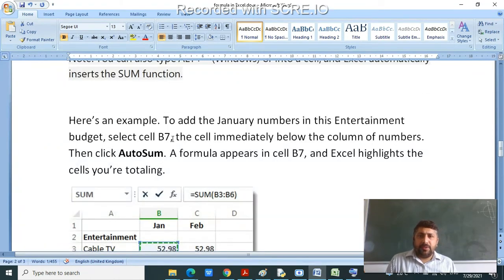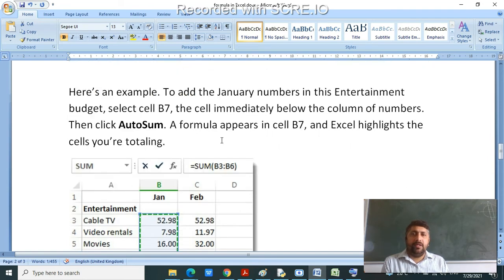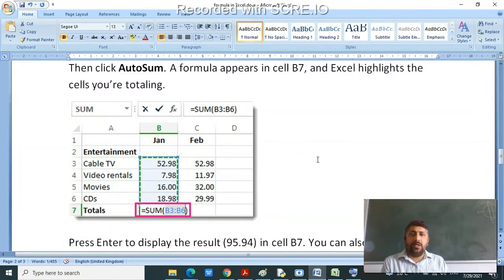Here is an example also to add the January numbers in this entertainment budget. Select cell B7, the cell immediately below the column of numbers. Then click AutoSum. A formula appears in cell B7 and Excel highlights the cells you are totaling.